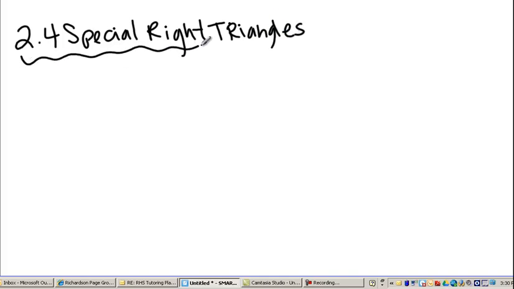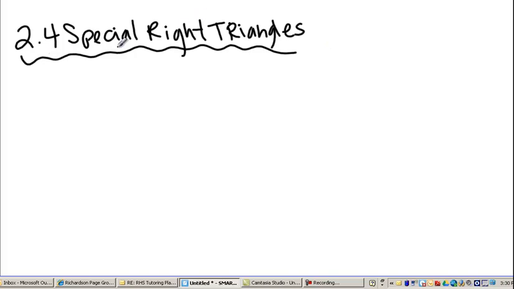So today's probably the most important of all the days that we're working on special right triangles, because we will be using the rules that you see today like every day for the rest of the semester. So this is something you cannot hide from. You just have to learn it. Okay? So we're going to start off with